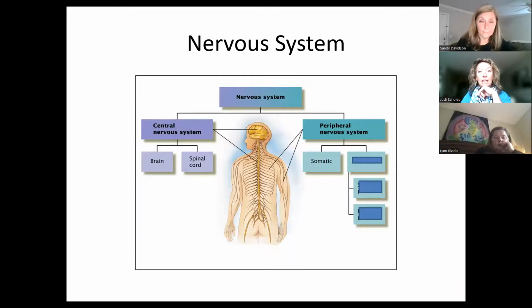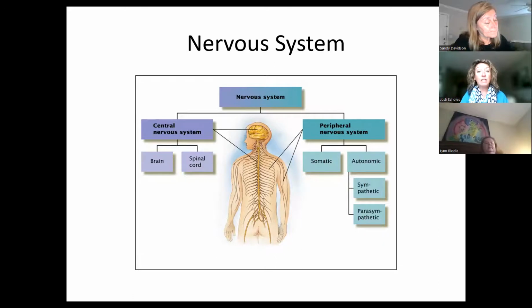So we've got the somatic nervous system, and that's just running in the background, right? Our somatic nervous system. Hopefully that's nice and calm. But then we've got the autonomic nervous system. And this is where things start to shift because as a part of that autonomic nervous system, you've got the sympathetic and the parasympathetic nervous system. And this is where we see a lot of the benefit of massage.